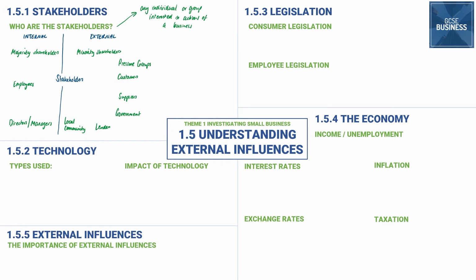So all of these stakeholders are affected by every decision that a business makes, in both a positive and a negative way. So the key things to be aware of are what each stakeholder wants from the business, what their main objectives are, and to pay attention to conflicts between stakeholders. To give you an example, if we think about majority shareholders and employees, employees might want a pay rise, but the shareholders want to keep more money for their own profits. And so as a result, there can be a bit of a conflict between the two. So that's 1.5.1, stakeholders.